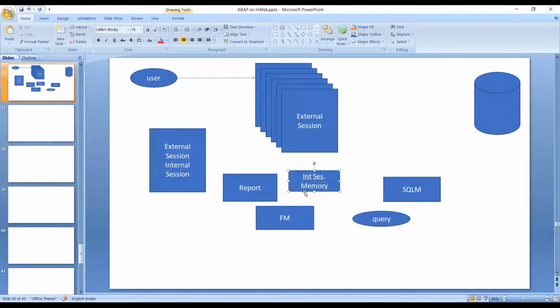It stores the data here in this memory itself. And when the internal session is being destroyed, it puts this data from internal session memory to the SAP shared memory, which is a shared memory across external sessions. And once, let's say, the external session is destroyed, or let's say it is not even destroyed, what they do actually